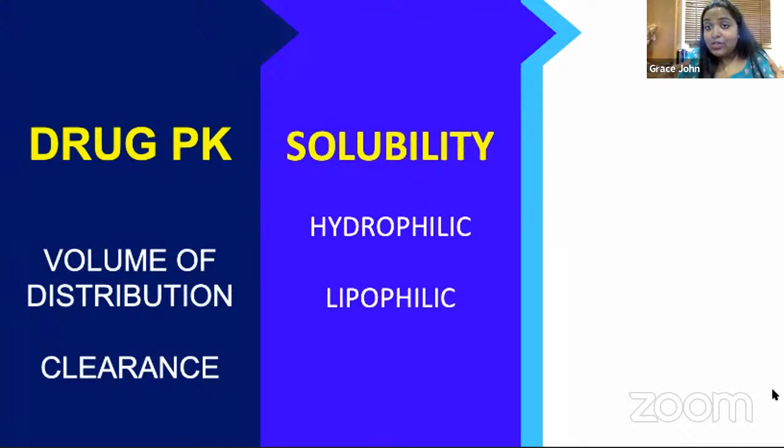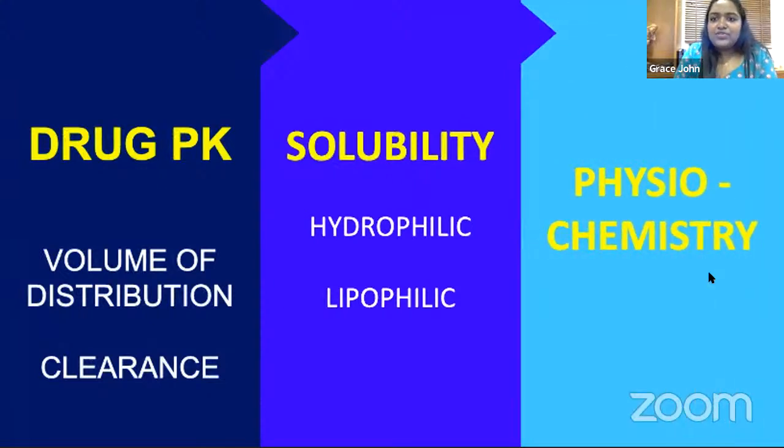But if you're thinking of an antibiotic, you have a source where it has to concentrate. Like it could be your kidney, it could be your urinary tract, it could be your pneumonia or your lungs. So when you give a lot of fluids and when you give a hydrophilic antibiotic, the volume of distribution is too much and it can lead to underdosing. Okay. And therefore, you have to be careful while choosing your agent as to how you dose it. For hydrophilic drugs, therefore, I would say try and give a higher dose than usual. So this is where we are coming to, as to how to choose the drug based on hydrophilicity versus lipophilicity versus protein binding, high volume of distribution,